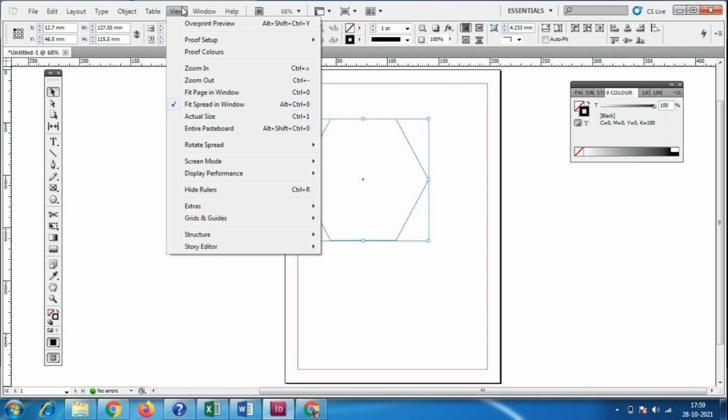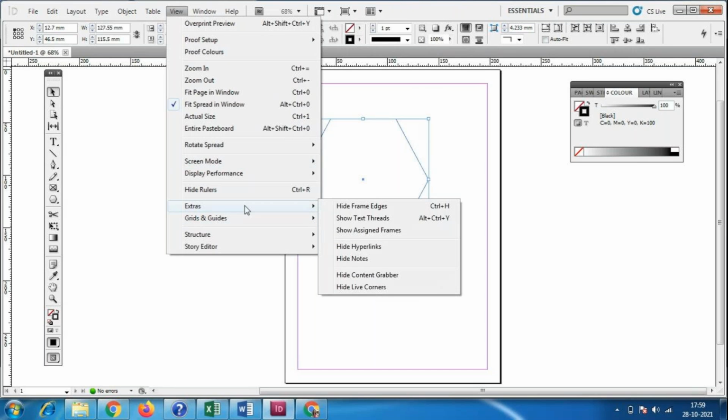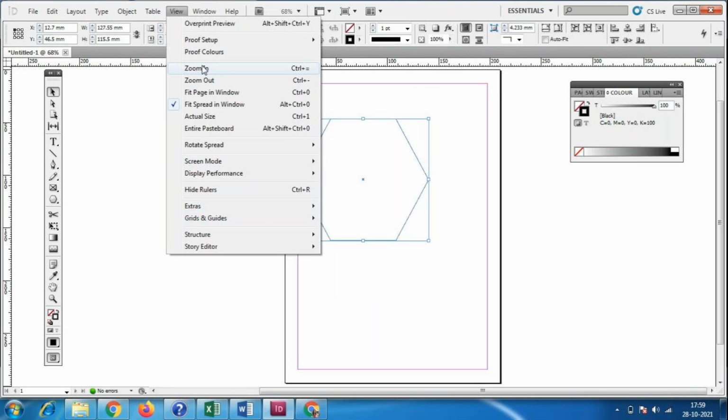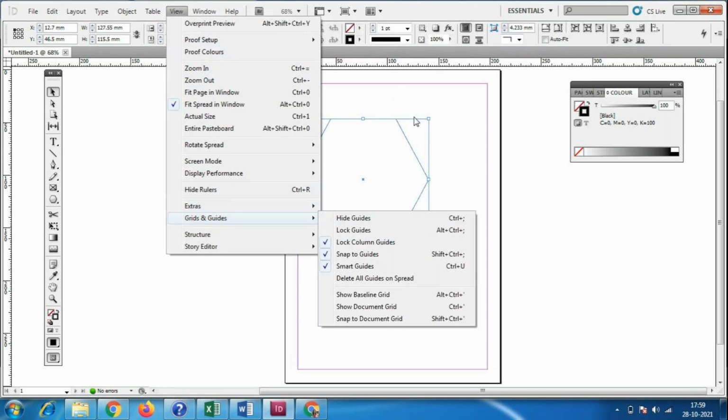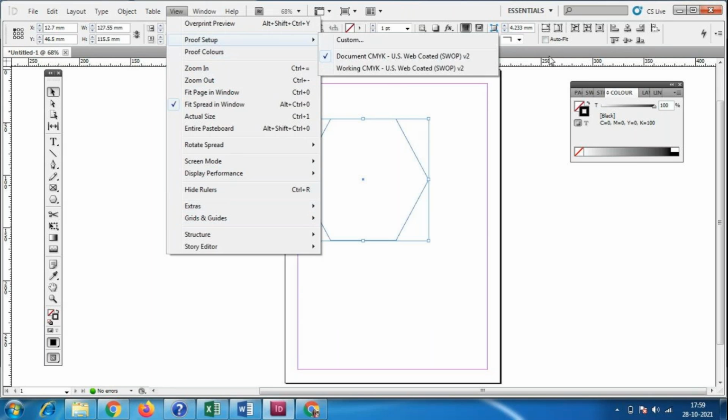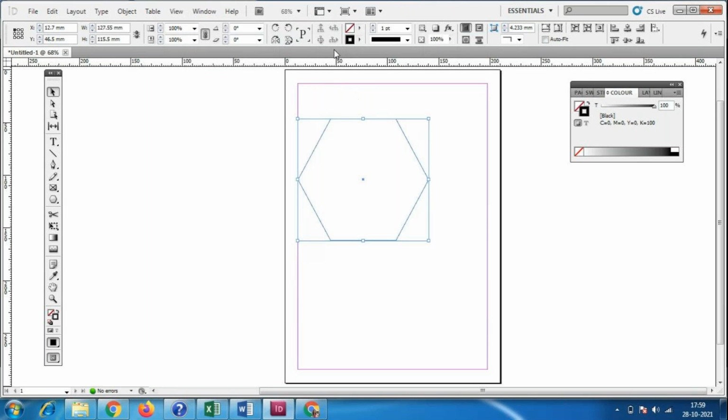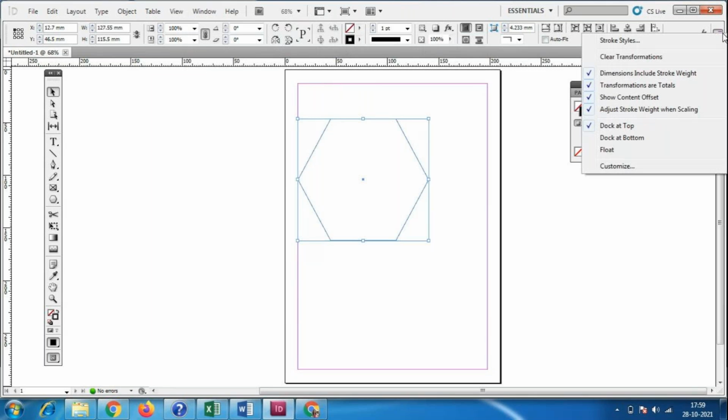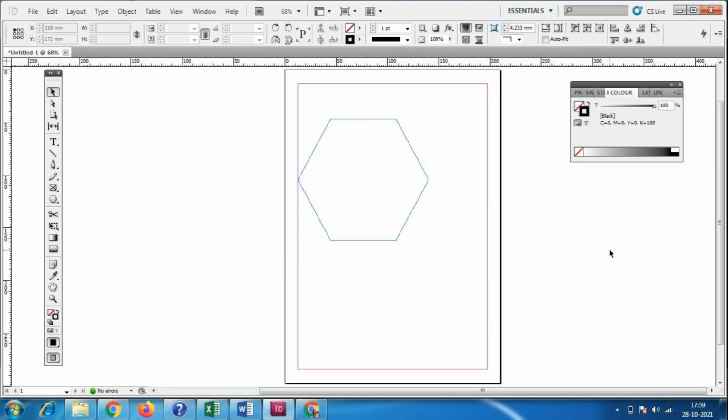So then what else do we want? Anything which is not showing here, all these things that are going to show, always this Properties window, everything which is showing here. If you go here and click any option, you will get it in the Window option.